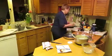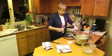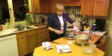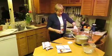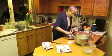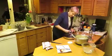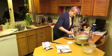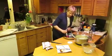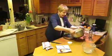Now I'm just going to put a little bit of oil in here, and I could use my oil spritzer, but that's not right here, so I'm using this instead. Just a little. And I'm using my Chef silicone basting brush to just spread it around. And I don't need much, it is non-stick, but when I do eggs, I just like to have it in there. Okay, so I'm going to pour this in, and